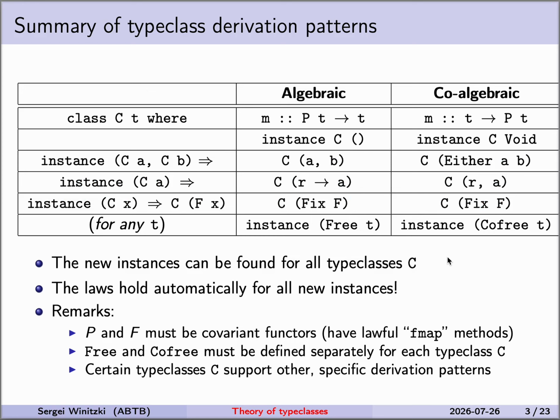But the programmers do not need to go through the proofs, do not need to know the definitions. These are the applications. The programmers need to know these types, need to know what is the correct type of free or co-free of their type class, and that's enough. So let me begin